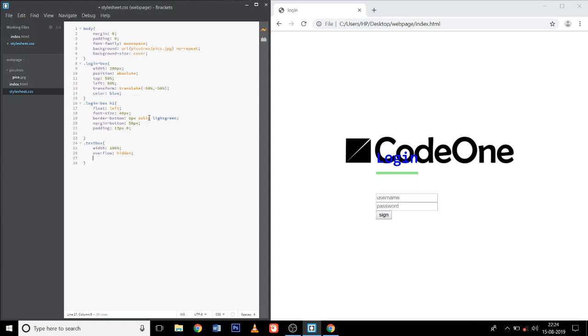And then font size will be 20 px, and then it should be padding will be 8 px and 0. Okay, and then margin will be